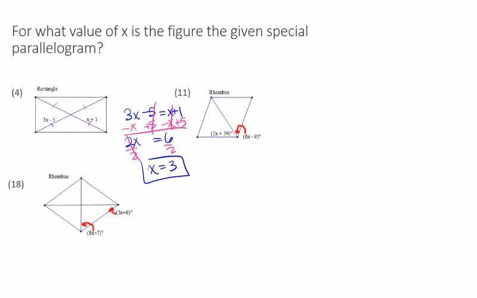All right, so rhombus. Rhombus says if a diagonal bisects a pair of opposite angles, then it must be a rhombus, right? If a parallelogram has a diagonal that bisects a pair of opposite angles, so if this is the same as this, right? And if that's true,